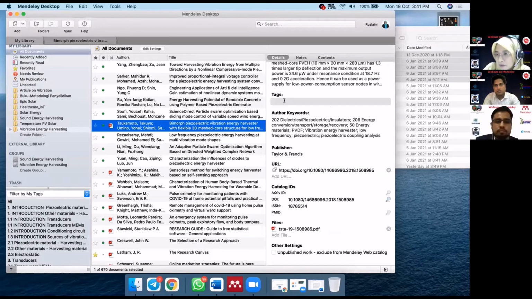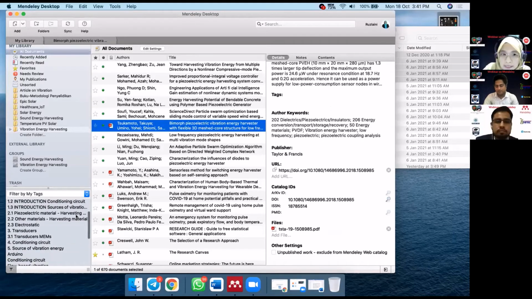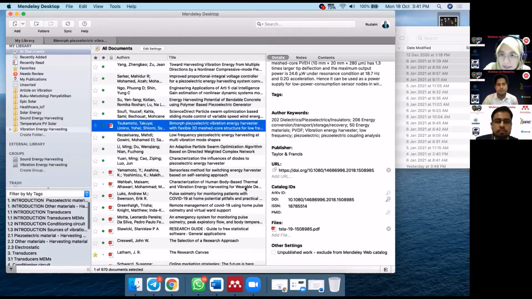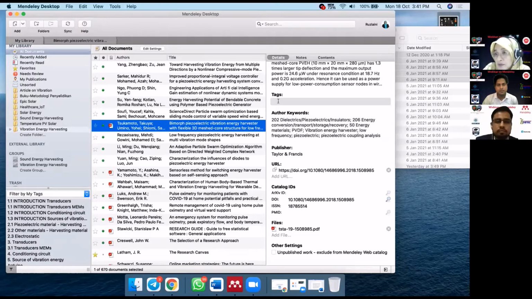Okay, the tag function is very important. The tag function, what you do here is what you get here. Okay, what you do here is what you get here. So as you can see here, all right, I am opening the vibration energy harvesting folder. So what is this one? This folder is for my article. I'm writing a review article. Okay, so I categorize this tag function that you have, you will need to write it here. I categorize according to my